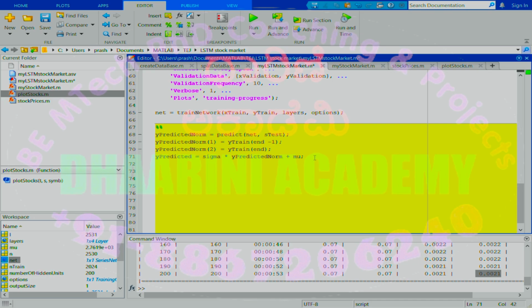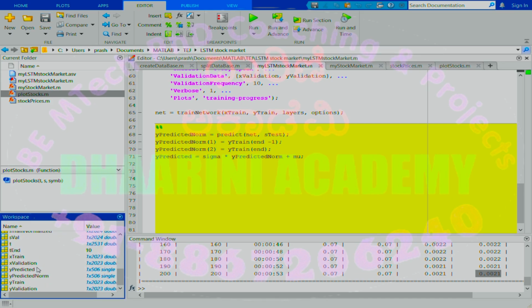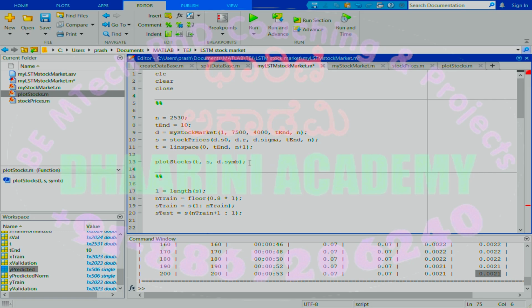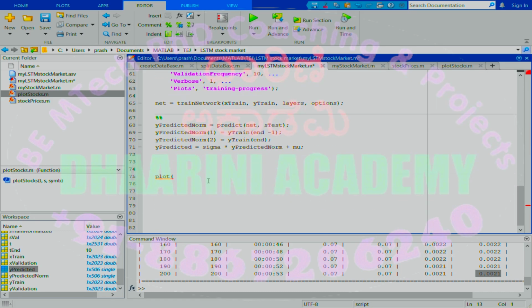Let me try to run and check whether this is going to work fine. Let me just check y predicted. Okay, let me try to plot. Anyway, we are going to plot it at a later stage with the actual data and the predicted data, and make a comparison. Whatever plot we called earlier, that is the plot of stocks, and I want to plot this particular graph, but for that I need to write some code. So now I'll simply plot and show you